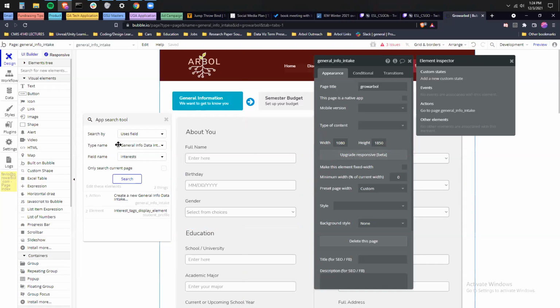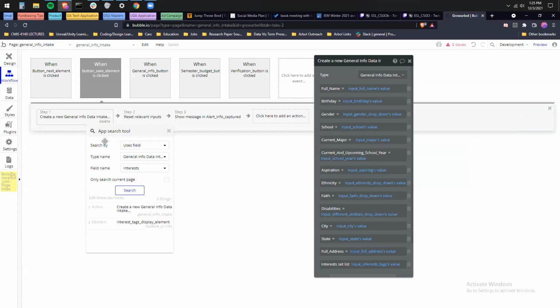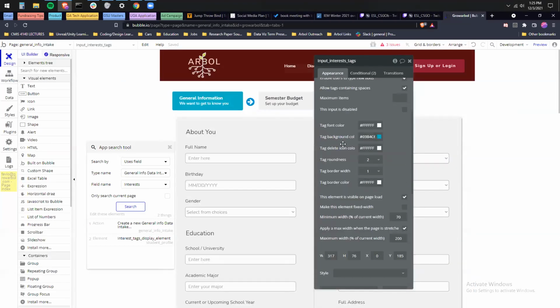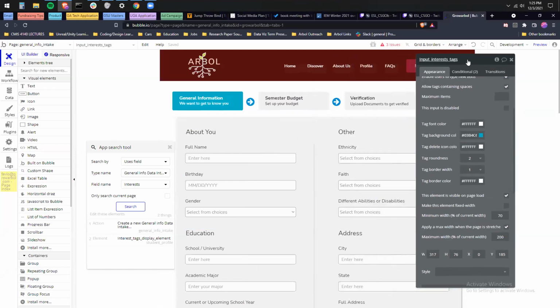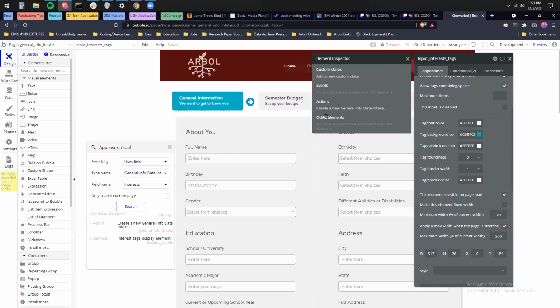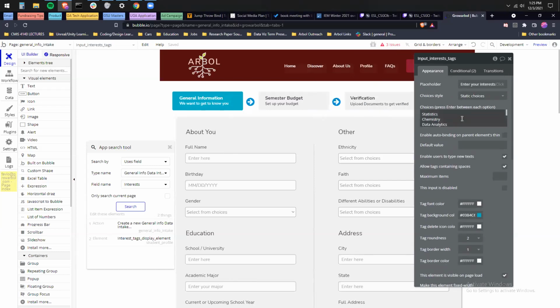Go back to the workflow where we were. Let me see the name of what it was. Input interests tags value. So right click on that and reveal the element. Yeah, and then go to the little eye up at the top right. No, oh, it's an input. Okay, so never mind. So did we change this one? Oh, it has static choices. Got it.